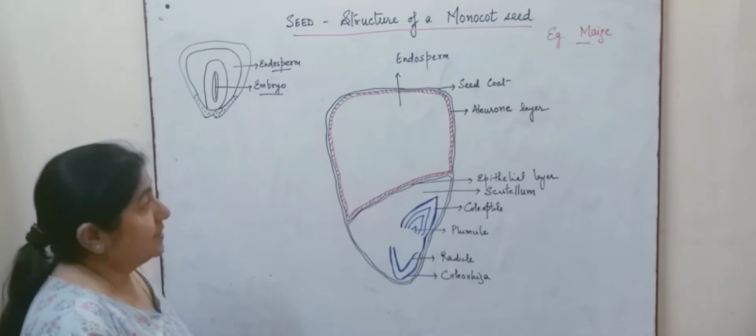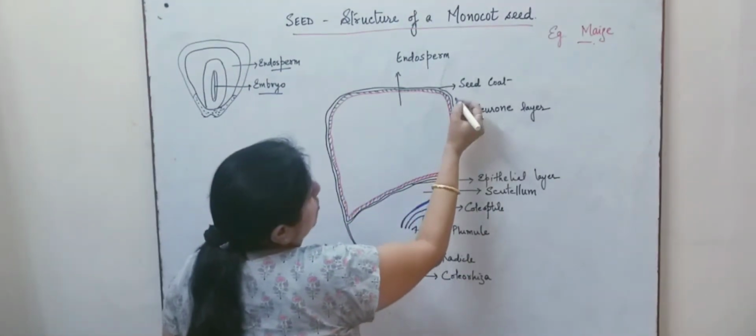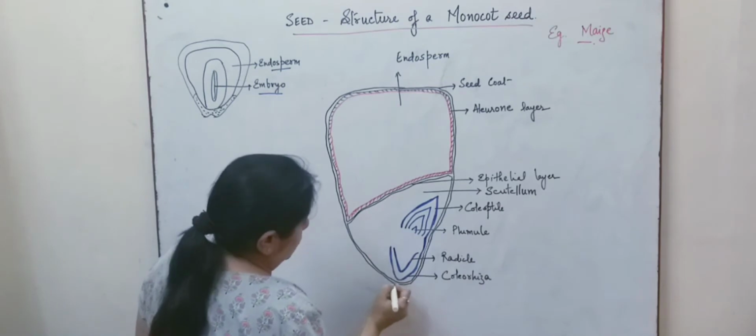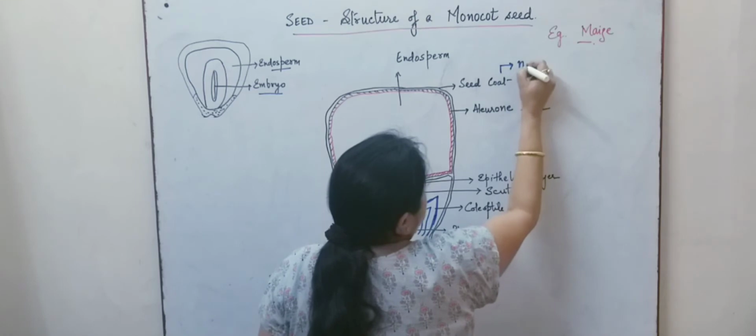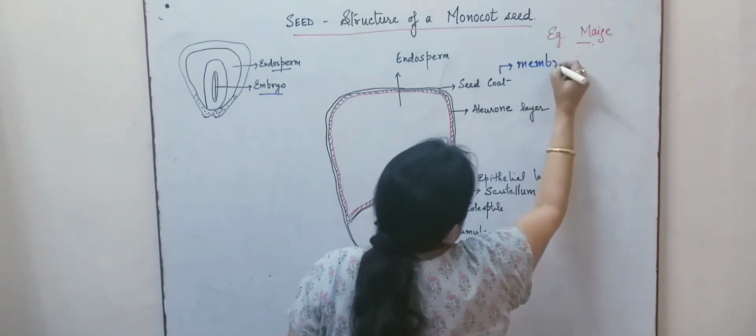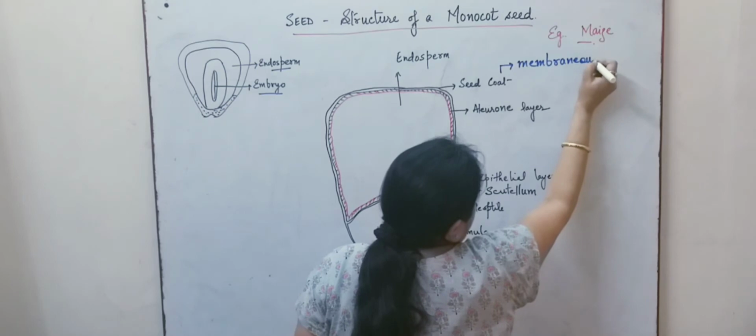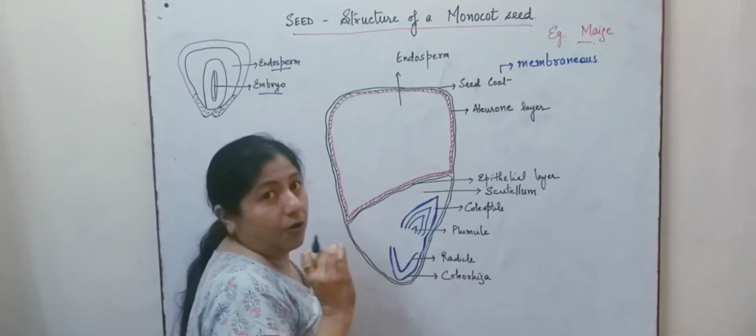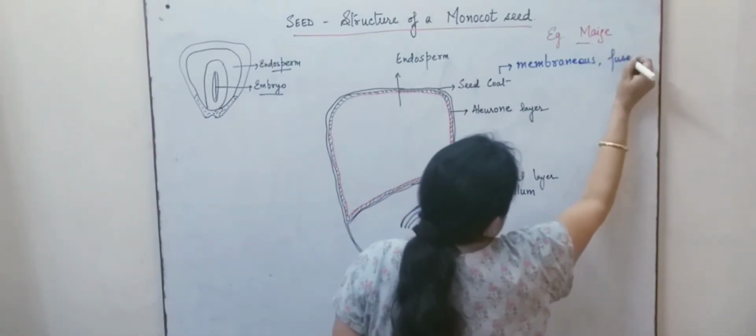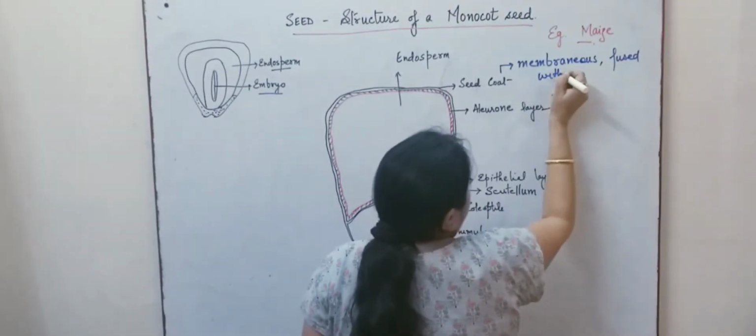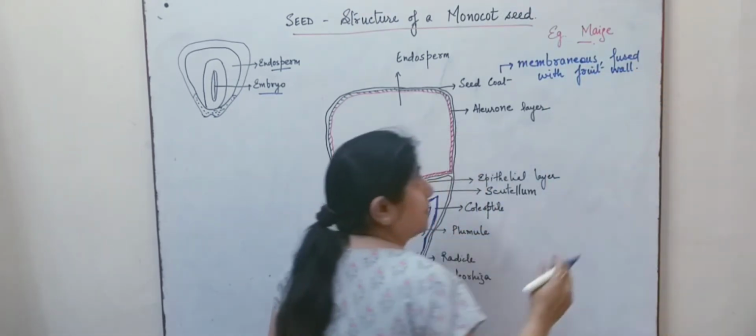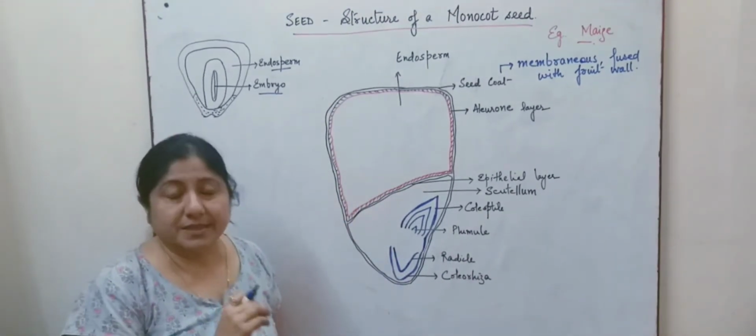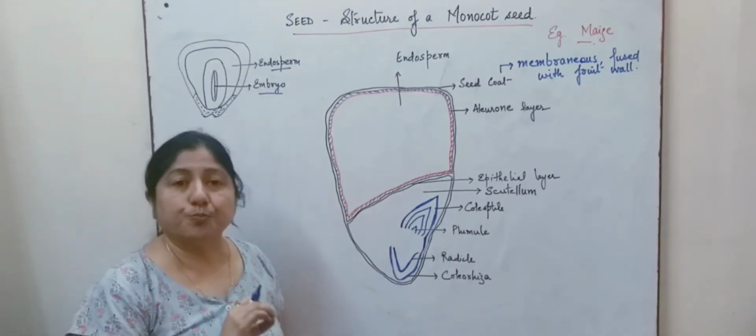The monocot seed has a seed coat, the outer covering which you can see over here. The seed coat in the case of monocots is membranous and it is normally fused with the wall of the fruit. So the membranous seed coat is fused with the fruit wall. Though the main aim of the seed coat remains the same, that is, its main function is to provide protection